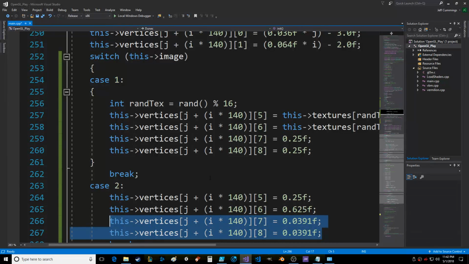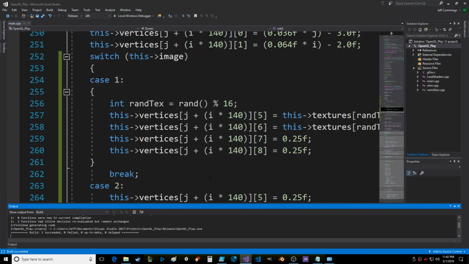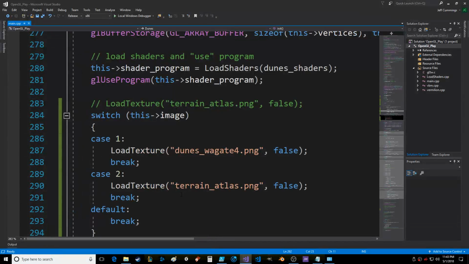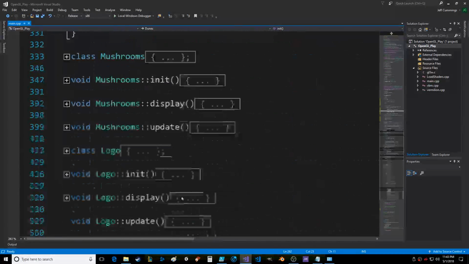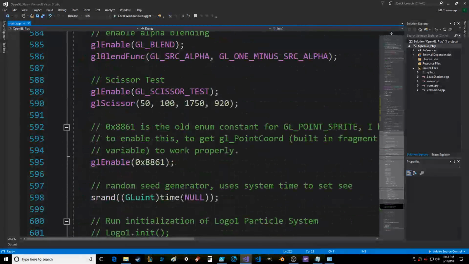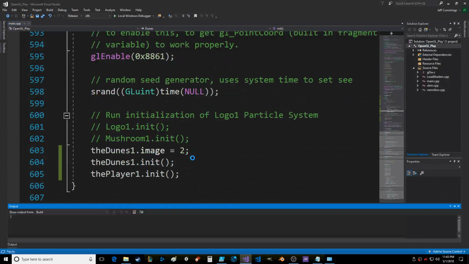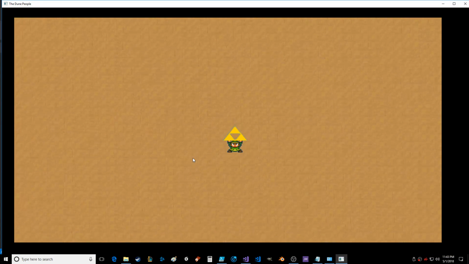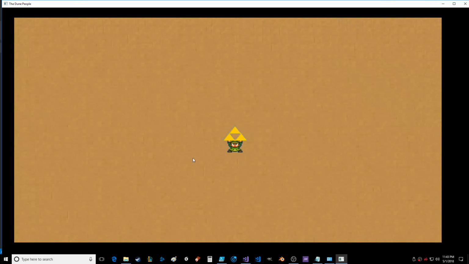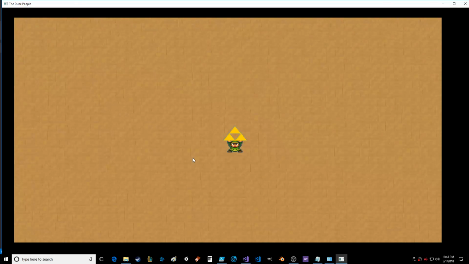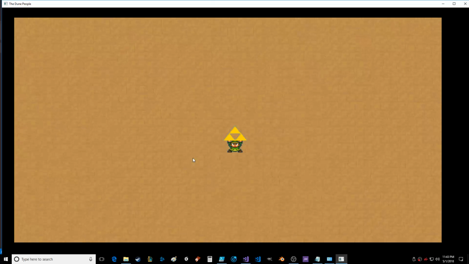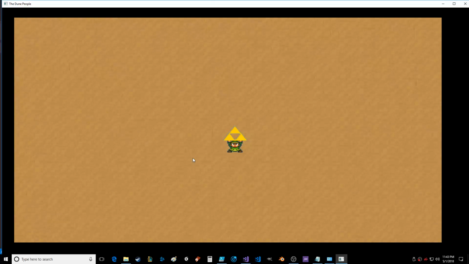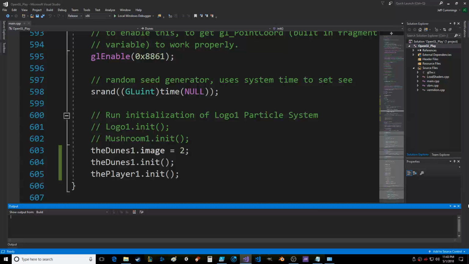I will compile it and show you. Okay, so it's going to load image 2, and it's all set down here to image equals 2. Okay, so we run it. See, now instead of the background being the dunes, it is that sand color, which is really cool, actually. And we might even use that a little bit in the dunes. But so what this allows me to do now is once I map this graphic,